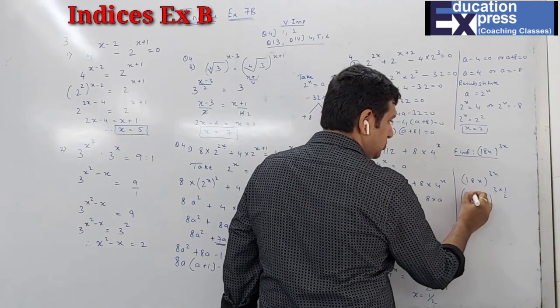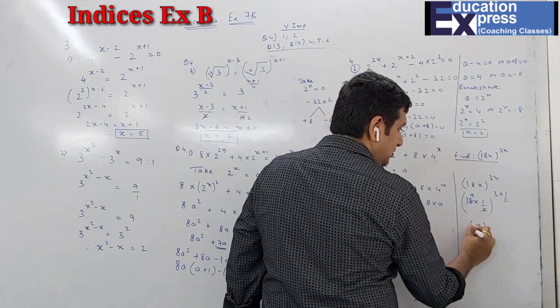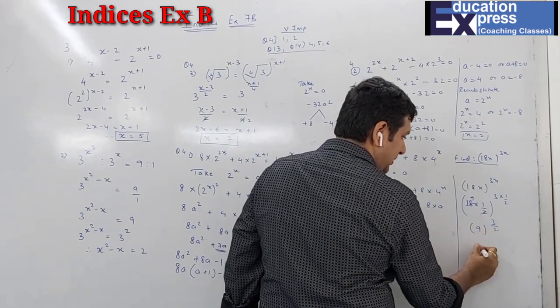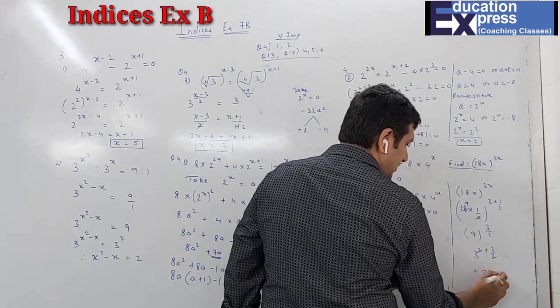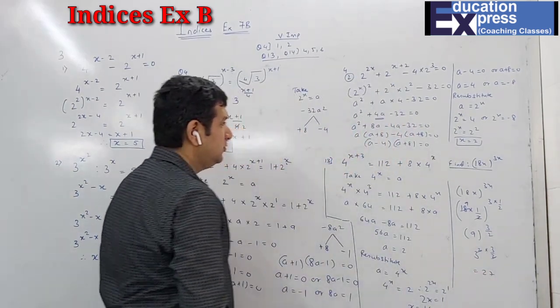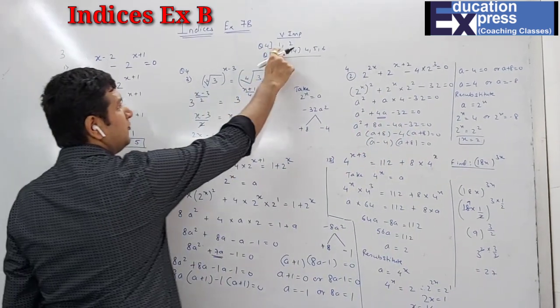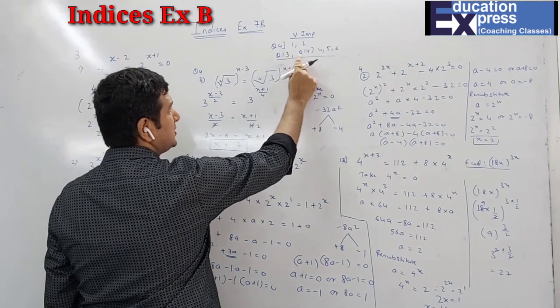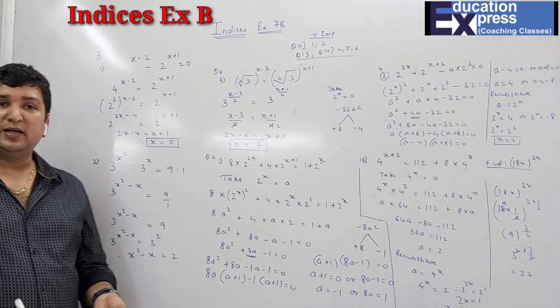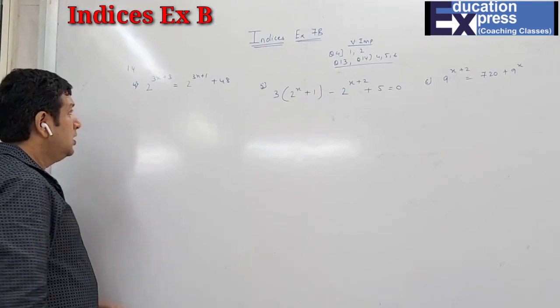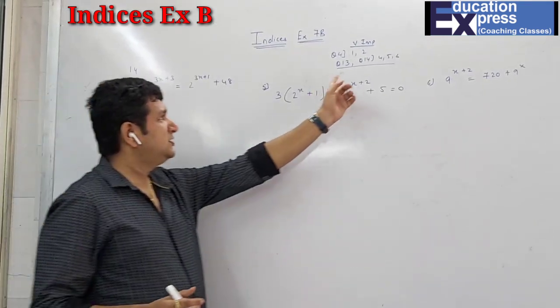The 2 ones are 2, 9 to the power 1 upon 2 is 9 raised to 1 upon 2, which is 3. And 3 cubed is 27. That is the answer. So till now we have finished question 4, first and second, and question 13 also. Now let's start with question 14, parts 4, 5, 6, which are exactly the same concept. So now students, the last 3 sums are the same pattern.